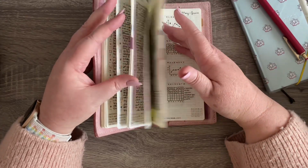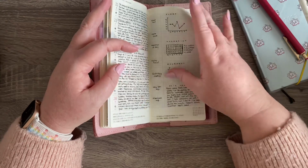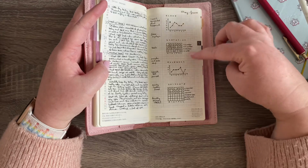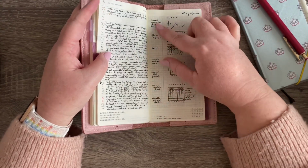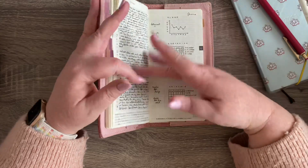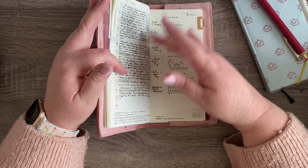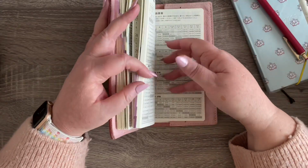I used to write a little summary of the week at the bottom, but then I decided to add a skincare tracker. So I've got sleep, hydration, movement, and skincare. Here I write a little snippet of the day, something important that happened, or some fun thing that happened, or whatever. And this is the current week. And then in the back,